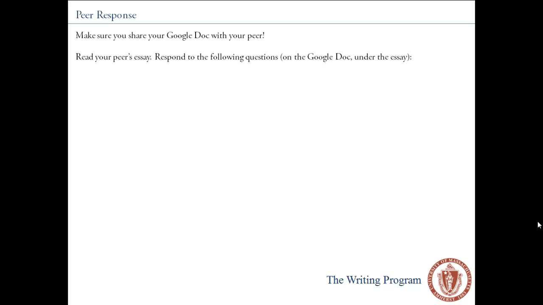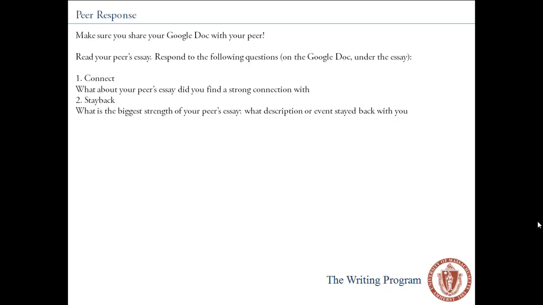In terms of giving them feedback, you will provide your feedback on their Google Doc right under their essay. So you will read your peer's essay and provide them feedback right under the essay. You will respond to the following questions. Connect. What about your peer's essay did you find a strong connection with? Is it some personal detail about the place where they are from, or is it a description of the object? Maybe you have a similar object. So what about their essay did you find a strong sense of connection with?